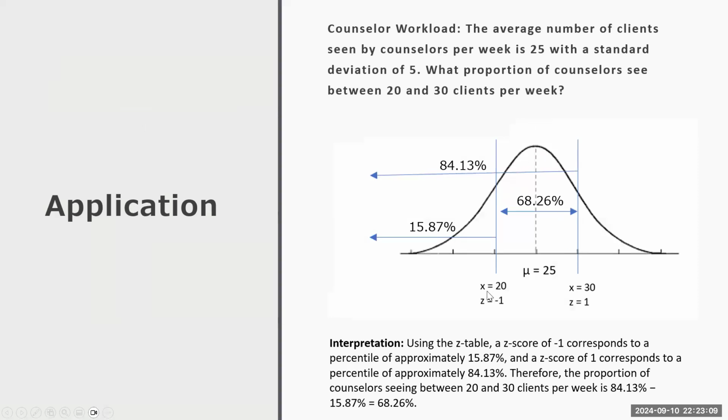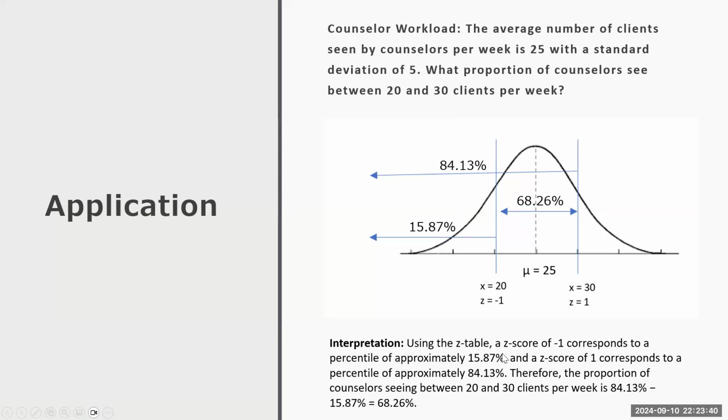I know that between -1 and z of 1 is 68.26, but if I want to really figure it out, I plug in, okay, this area from the right bar all the way out is 84.13. And from the -1 standard deviation to the left is 15.87. What I can do is take this number, the 84.13 minus 15.87. It's going to give me the